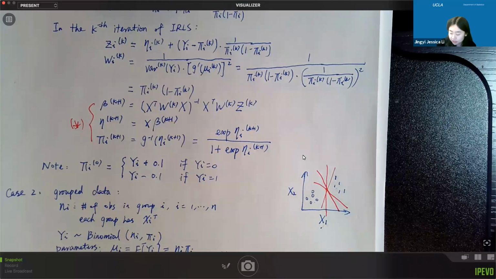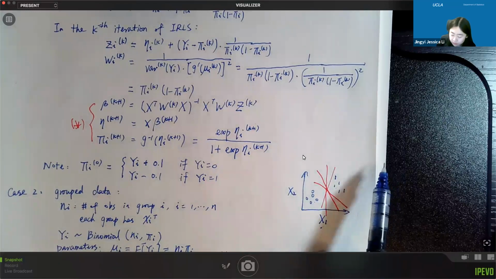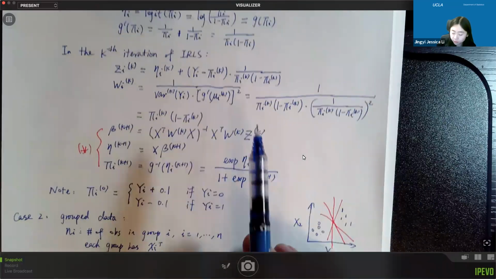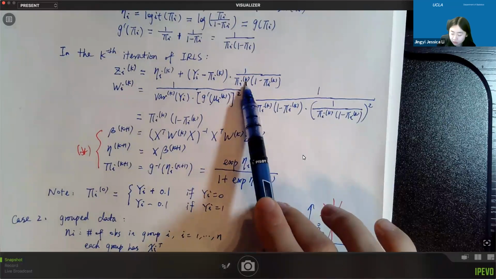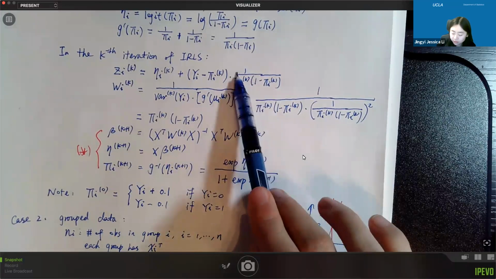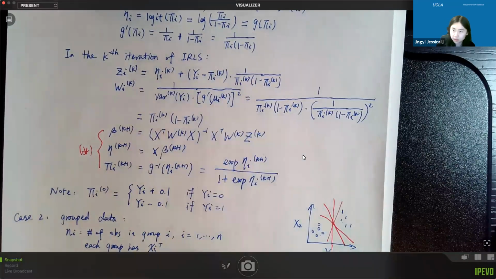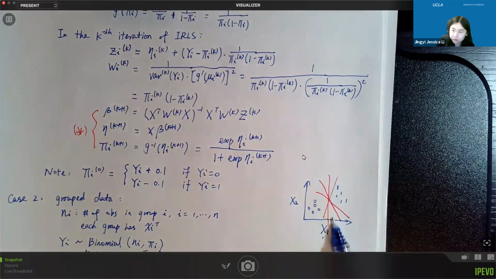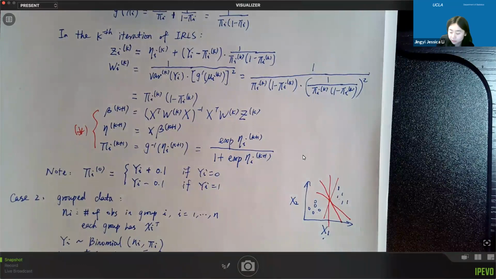So what this suggests is that you really do not have an MLE to be obtained, because whenever you have this perfect separation, after some iteration, you will have some data points with pi ik value exactly 1 or exactly 0. Then you are going to have this likelihood function basically exploding. So you cannot really maximize an infinite likelihood function. So that's why in R, if your data are perfectly separated, you'll get a warning message saying that the algorithm